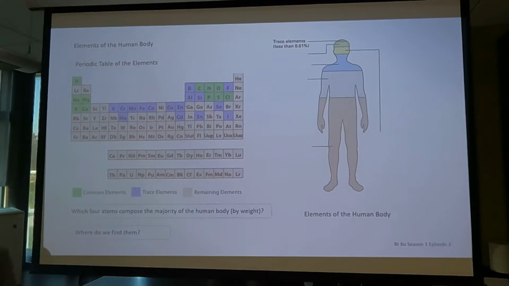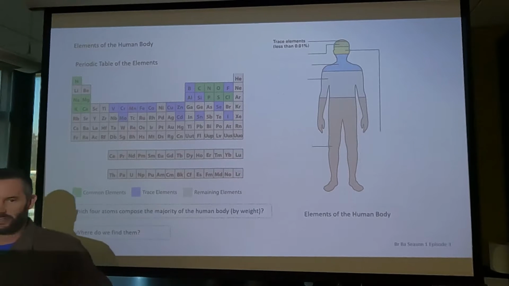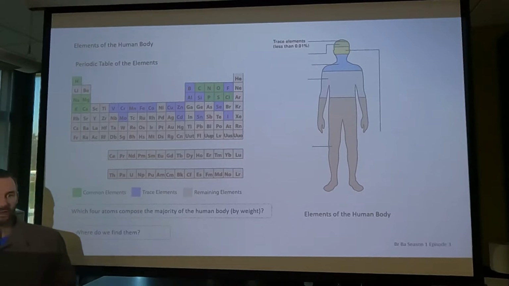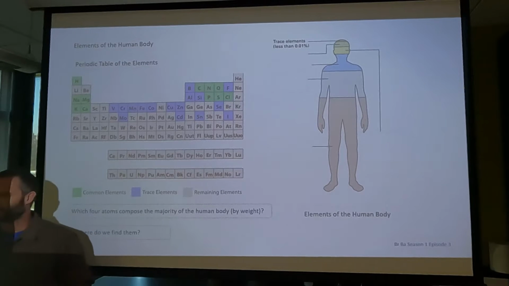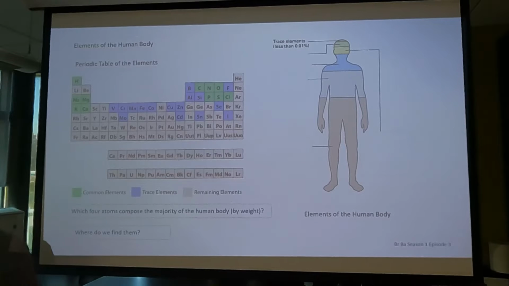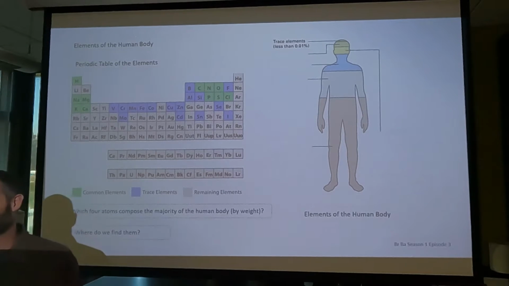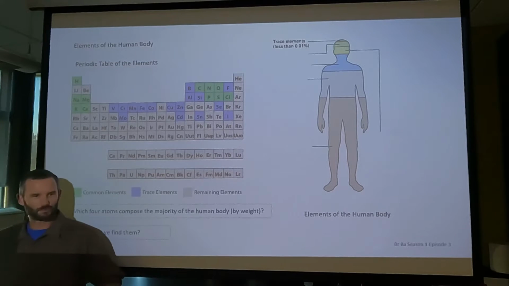All right, what did some people come up with? Raise your hand if you would like to suggest an element that you think is one of the top 4 elements of the body with regards to weight. Nitrogen. Nitrogen, okay. Anybody agree with that? A couple head nods. Oxygen. Oxygen, okay. So we have oxygen, nitrogen, carbon, hydrogen. Those all sound pretty good. But which one of those do you think composes the most weight of the body?